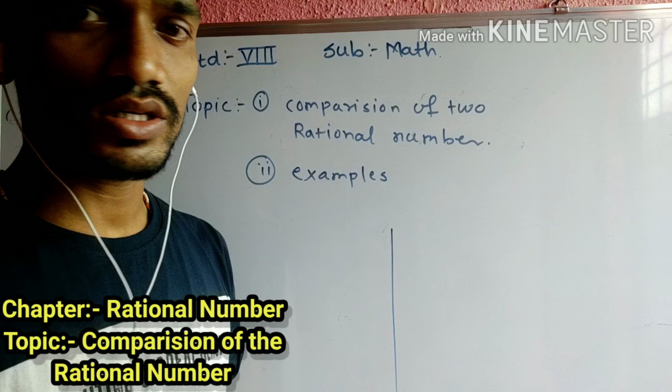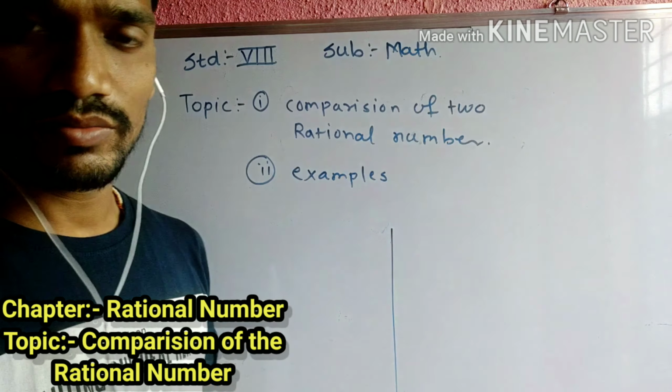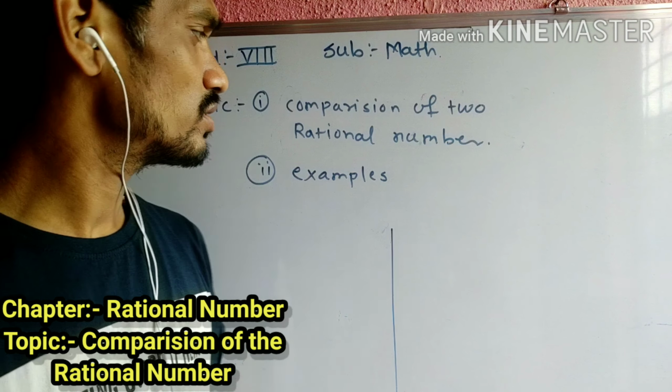Today we are going to discuss the subject mathematics. Okay, and in this topic, in this video, we are going to discuss the comparison of rational numbers and its examples. In the previous video, we have discussed that rational numbers are there, irrational numbers are there, integers are there,